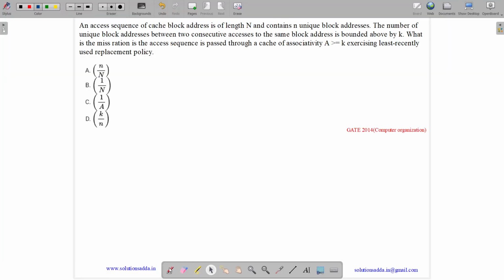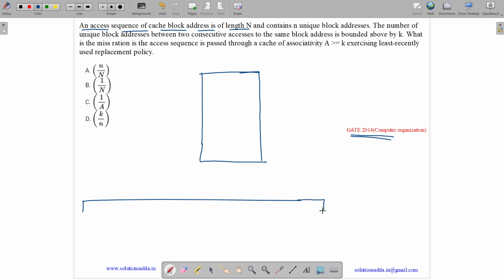This question belongs to computer organization subject and was asked in GATE CSE 2014 SET-1. So the question states, an access sequence of a cache block address is of length n. So suppose we have a cache memory like this, then we have a cache access sequence, which means the addresses from where we need to access some data from the cache. So it is of length n